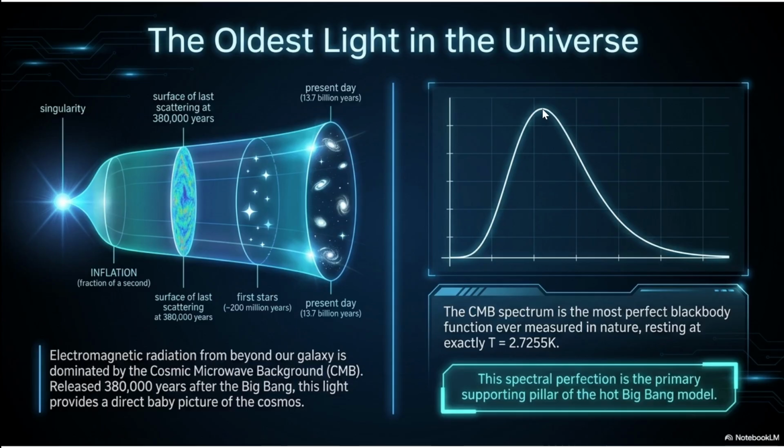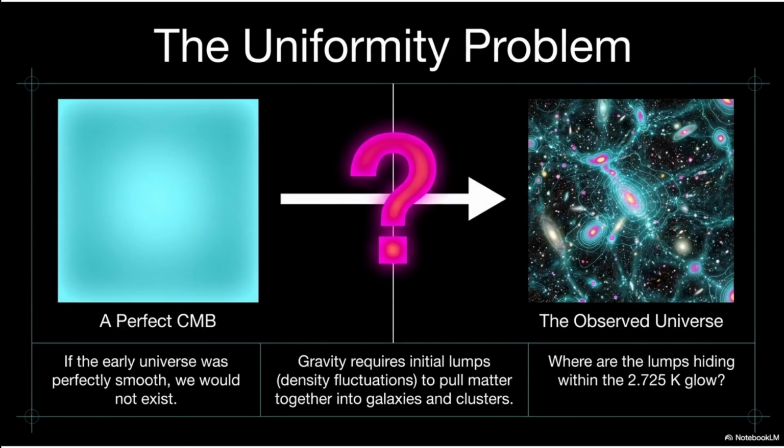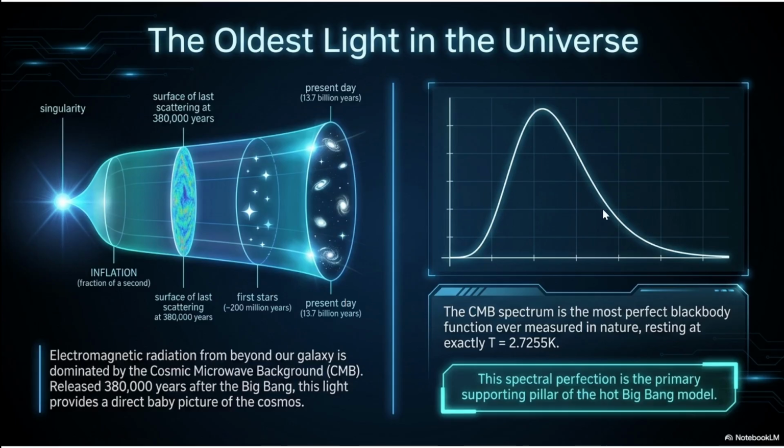So we expect a peak at around 2.7 Kelvin, and then for there to be a very regular exponential decay on the bluer wavelengths, or the hotter parts of the spectrum, and then a Rayleigh-Jeans tail, which varies with the wavelength to the minus 2 power, on the opposite side.